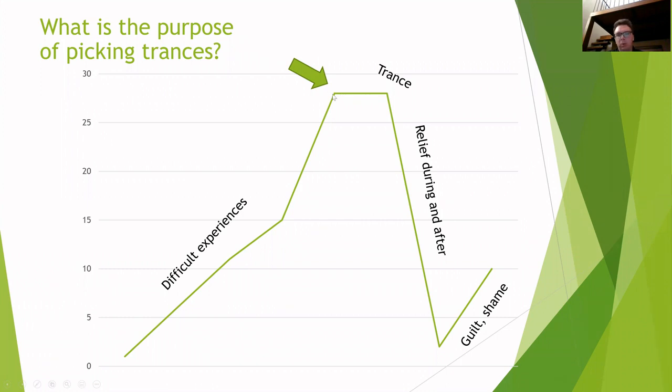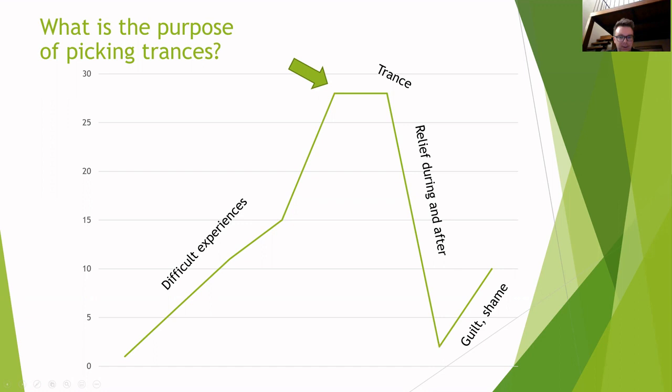And then this is the moment where she says, well, then I went to the bathroom and started picking for 1 hour. This is where her difficult experiences reach their plateau, where she consciously makes a choice to go to the bathroom and just stop the day. It's basically like saying enough. And as she picks, she says it's like going on vacation. She has this intense relief during the picking and immediately afterwards, so much so that she is almost completely relaxed in the end.